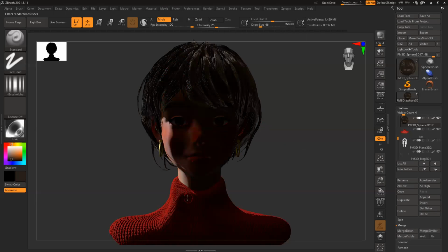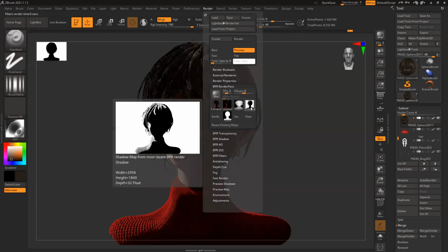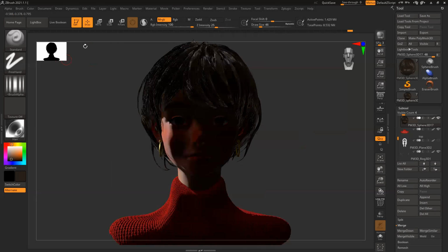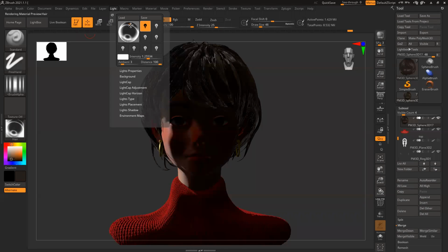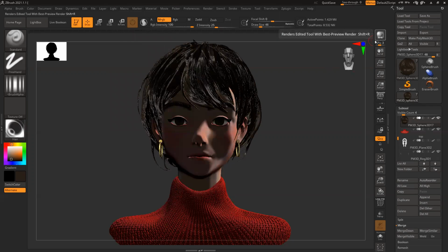See, it generates this highlight. Render. I have this highlight. So here you can see you have a shadow. Export this one. Now I can go to lights again and move it to this direction. Render again.